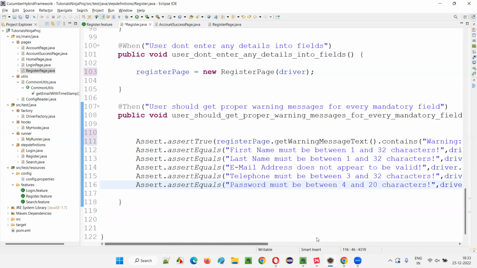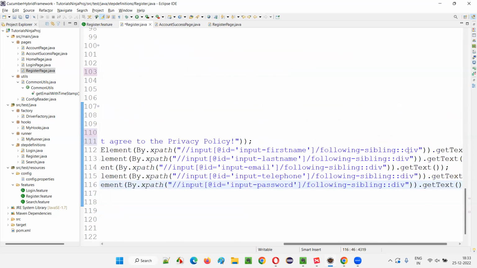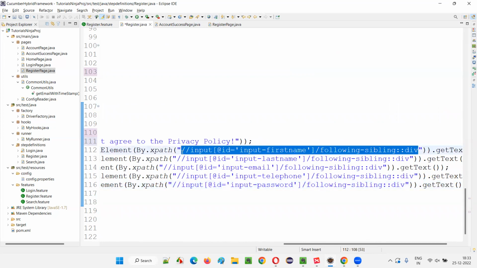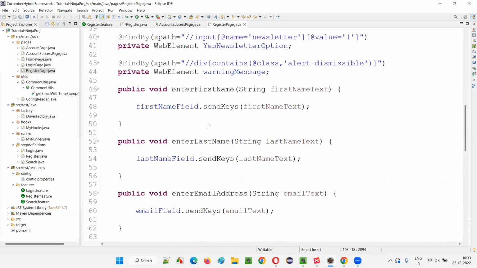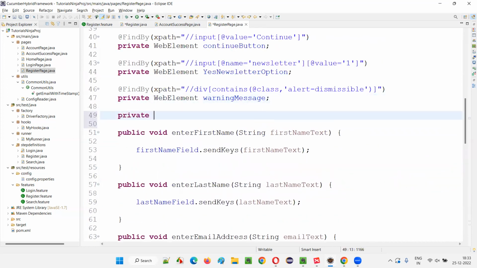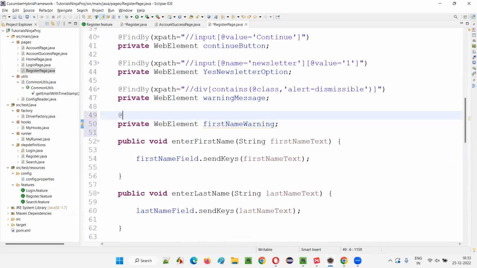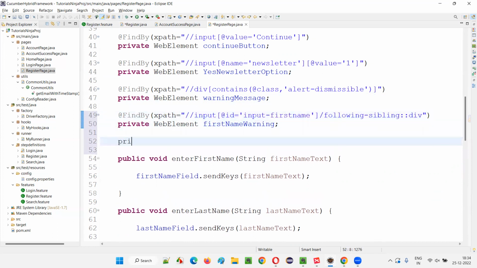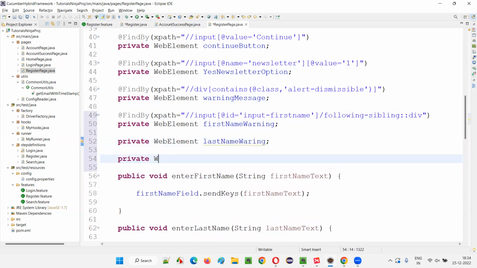From first name onwards, the warnings will come below the fields. So these locators, first name warning. This is first name warning. Copy this first name warning locator. Go to the register page and write down data elements, private web element, first name warning, @FindBy XPath is equal to, give that XPath. Done. Then private web element, last name warning, private web element, email warning,